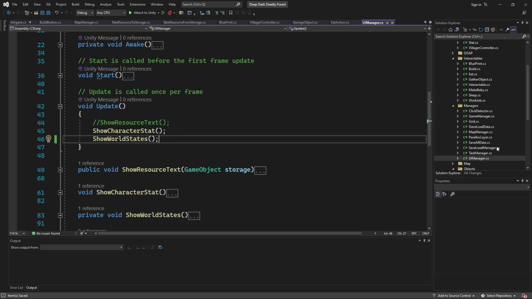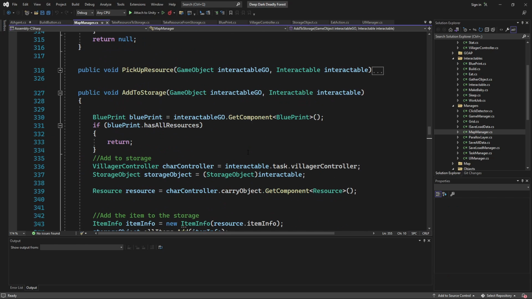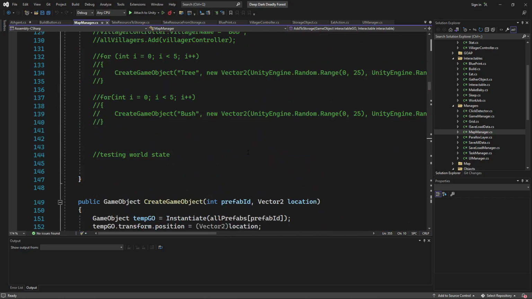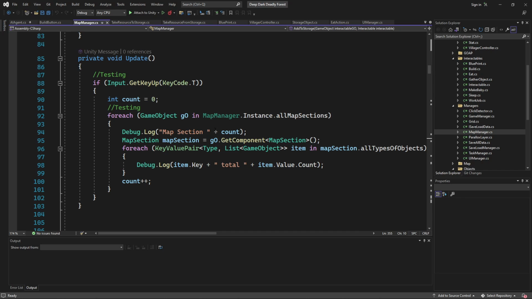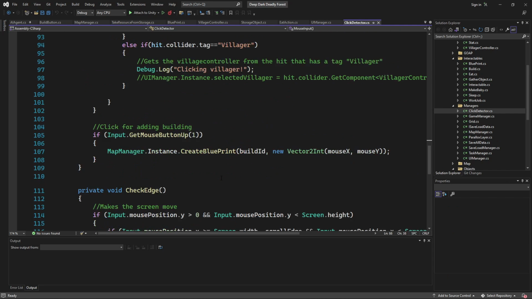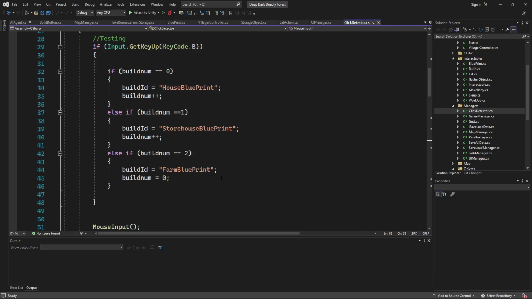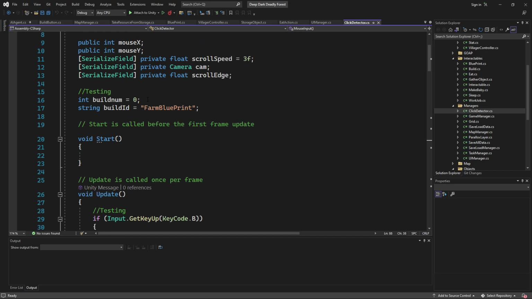Save it. Let me go to my, I probably put it in the map manager. Go to the update. Click detector. Great. I don't know where I put that. Yeah, right here. I put it in the click detector. So this doesn't need a build num anymore. We want that for